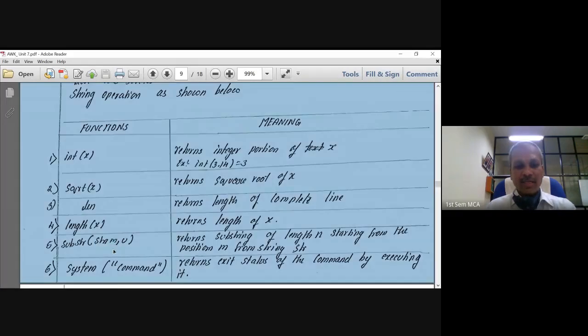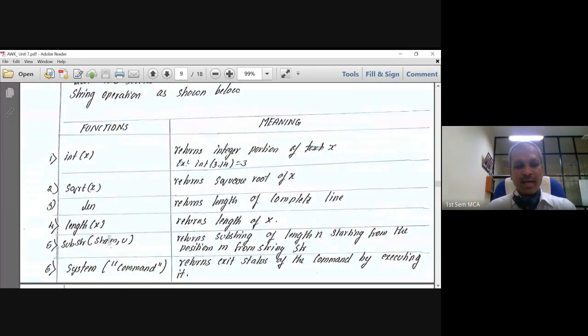M says the starting position of the string from which I need to extract, and this is n actually, not u. The n says how many characters I want to extract from m. So from m, n characters are available, and those characters will be extracted. Probably we can see the example from this. So substring is going to provide a string which is an extraction of an available source string.